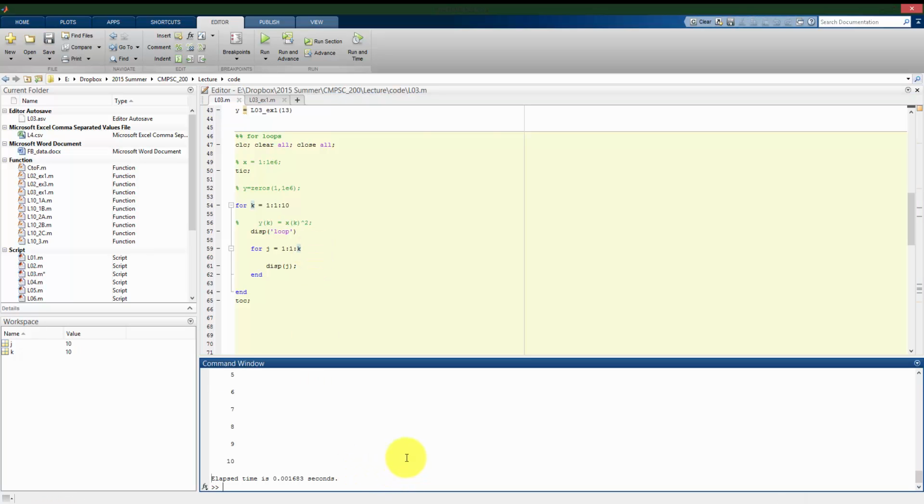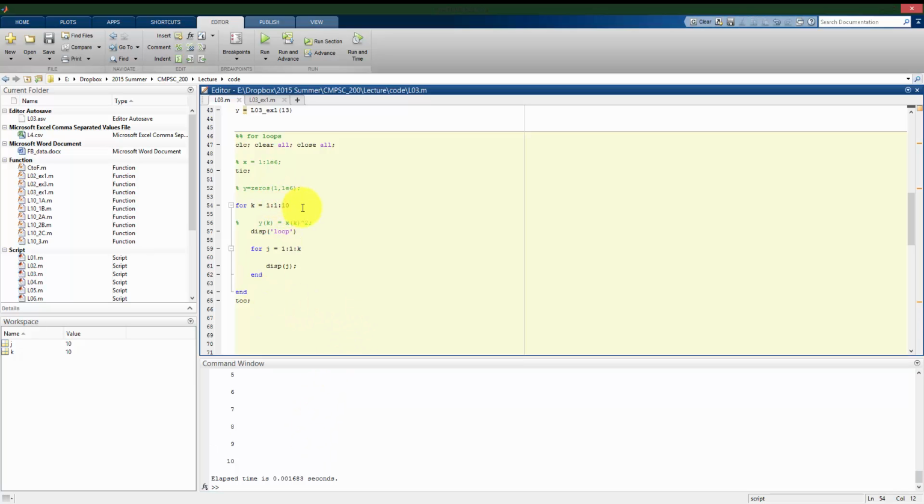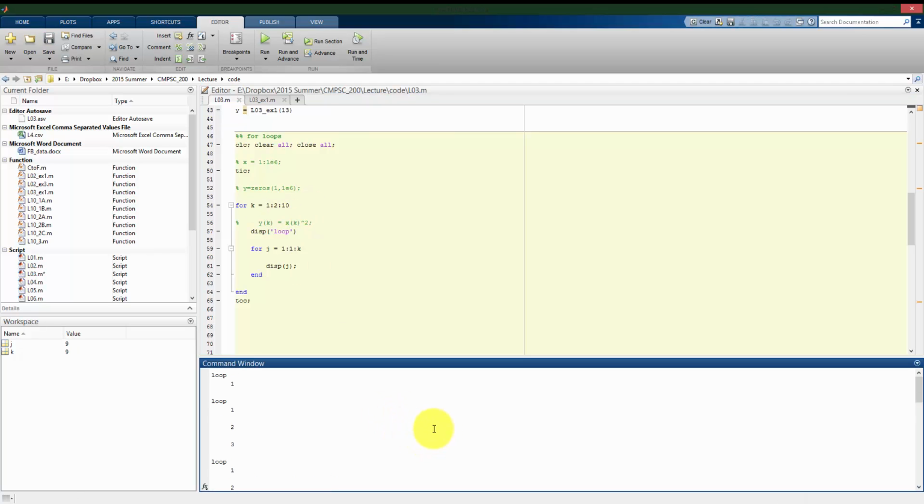So if I run this, I go up to the top of my command window. I see it only went 1 time, then 2 times, 3 times, 4 times, so it kept changing as we can predict when the value of k changed. And finally changing it one more. If I do want to change the step size on k, and we rerun this, we can see in similar fashion that it's going to change the behavior of the entire loop starting at 1, but then k goes to 3 on the outside iteration, then 5, 7,